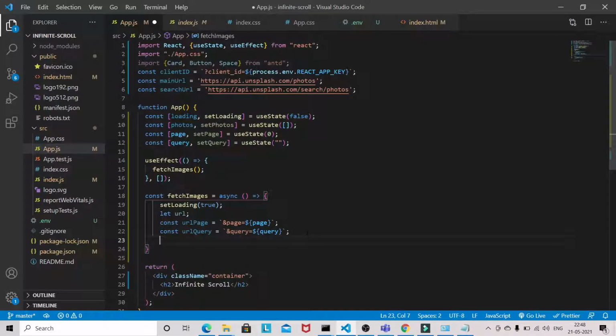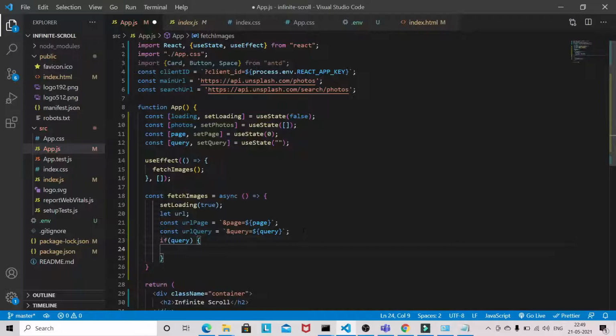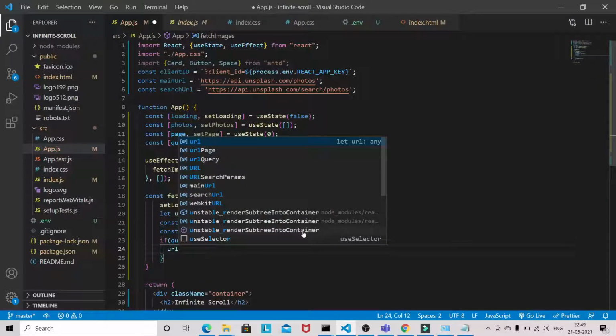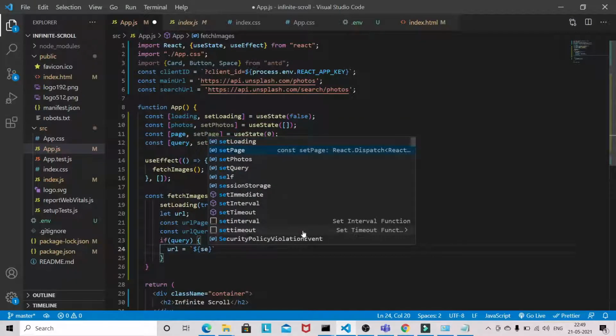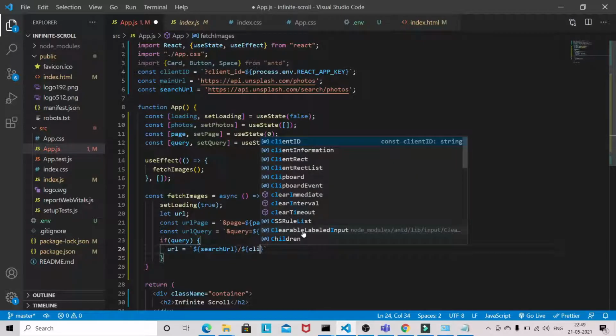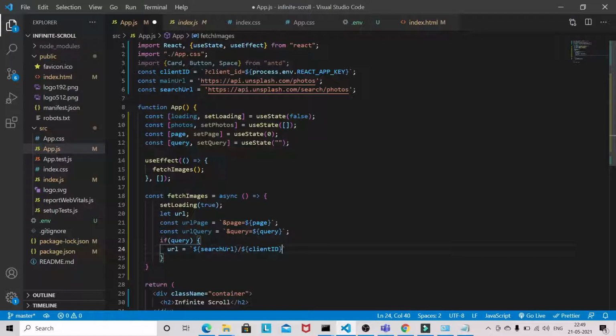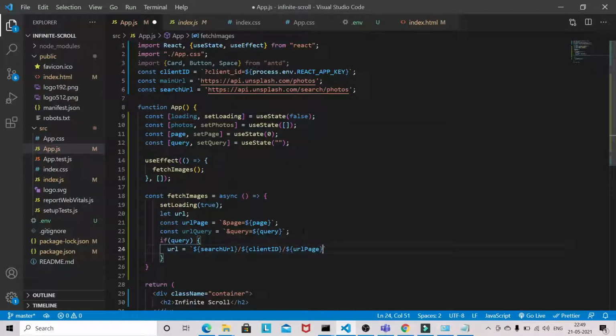Okay, so if user is searching, means if you have a query, then we have to change the URL basically. So search URL, then client ID, and then urlPage, and then urlQuery.